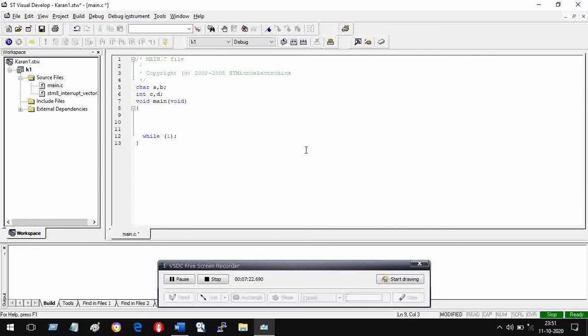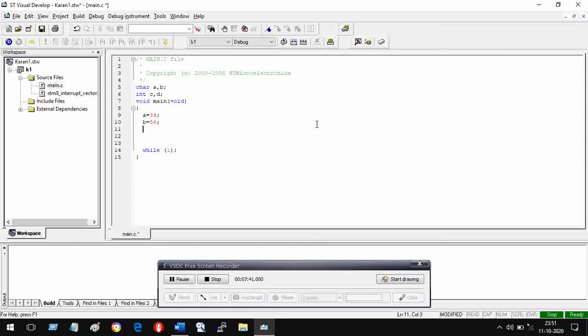So I say here, let's say let A be is equal to 34, B is equal to 56. This is how we write. A is equal to 34 semicolon, B is equal to 56 semicolon. Simple.